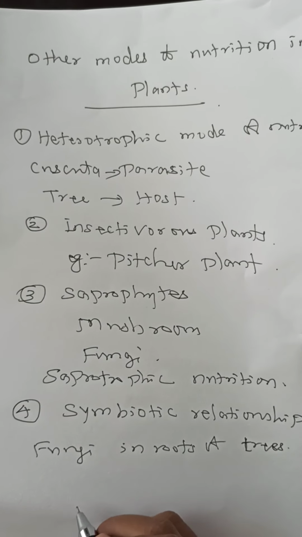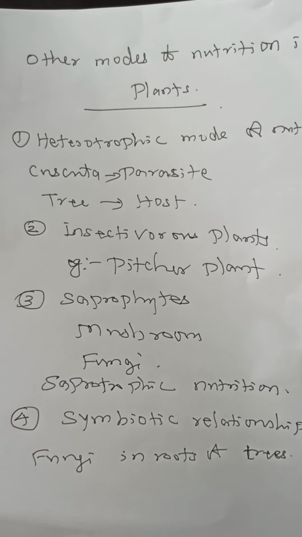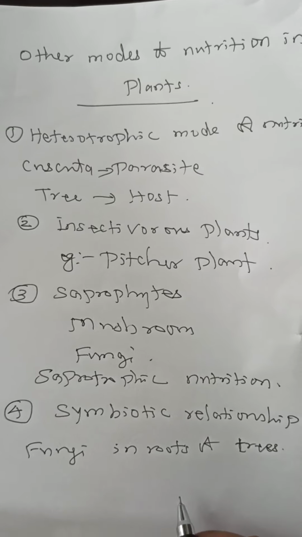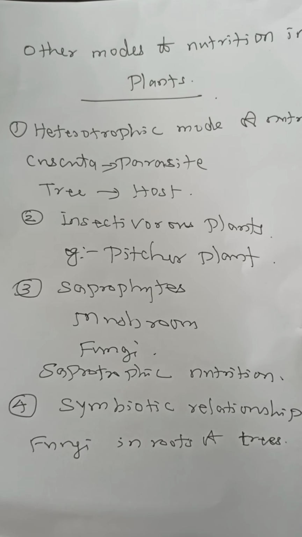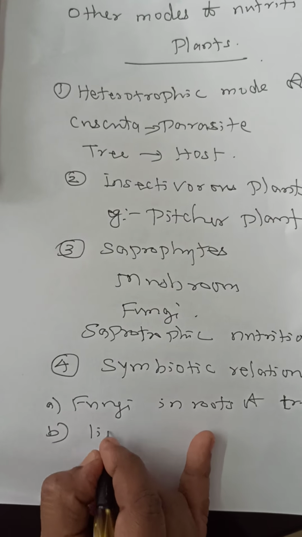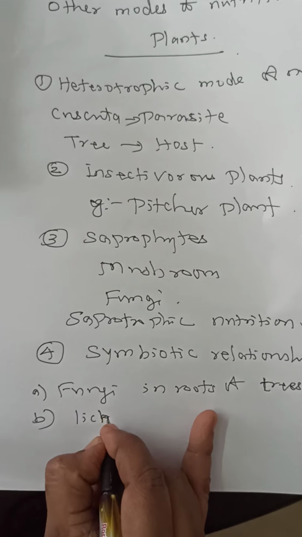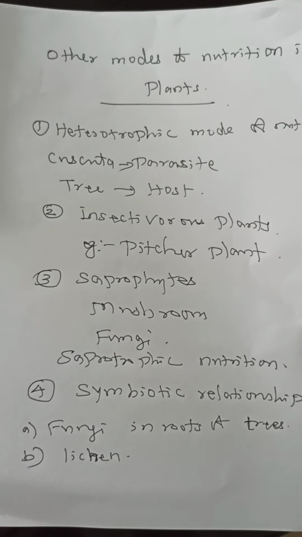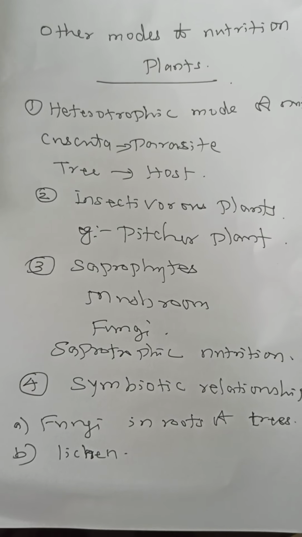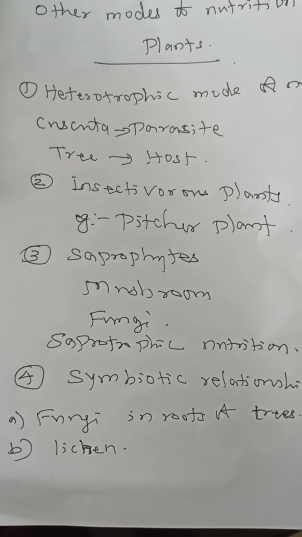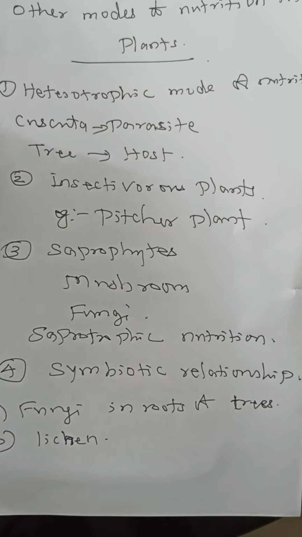But what is the fungi doing? It helps the trees to take the minerals and the water from the soil. So both are beneficial. Then it is called a symbiotic relationship. Another one is lichen. You might have observed lichens on plants, some white patches, especially on coconut trees and jackfruit trees, with some green color also. That is a symbiotic relationship between the fungus and